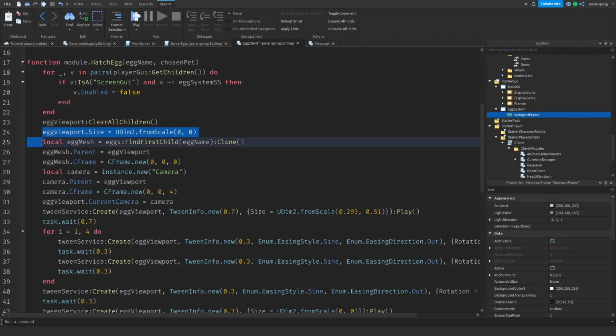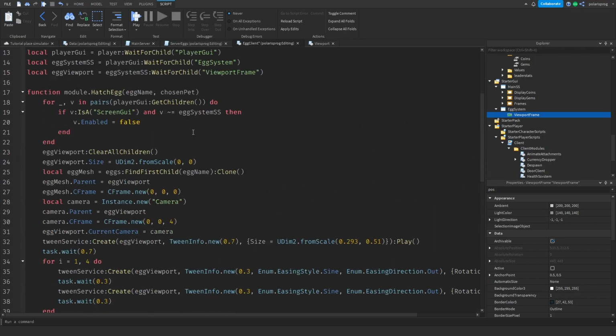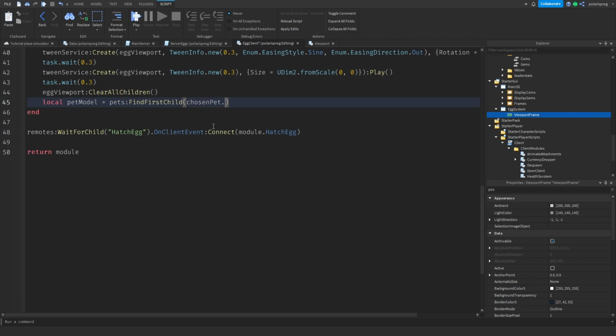So we'll get the pet model. So local pet model is equal to pet on find first child egg data. Oh, chosen pet dot pet name